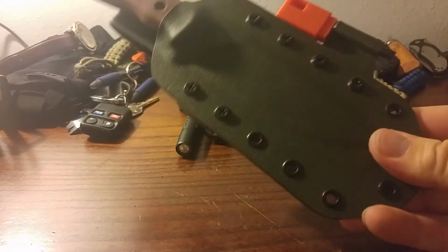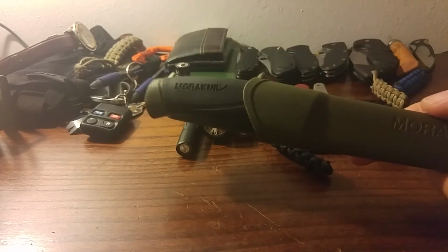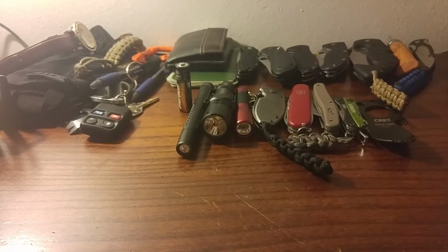So, love this thing. It's a little on the heavy side. That's why I don't really carry that much. I normally carry my Mora knife when I go out walking on a trail, and I'm not really bushcrafting. So, but what the main question probably...